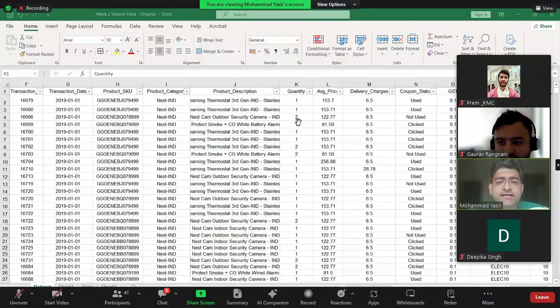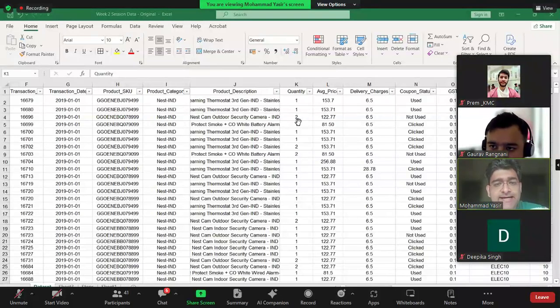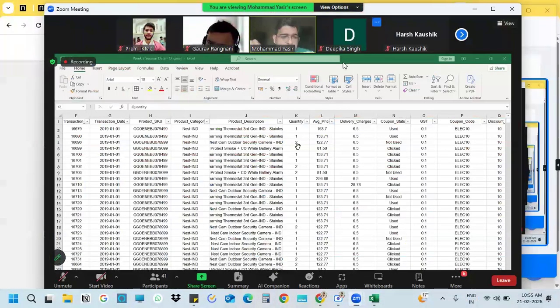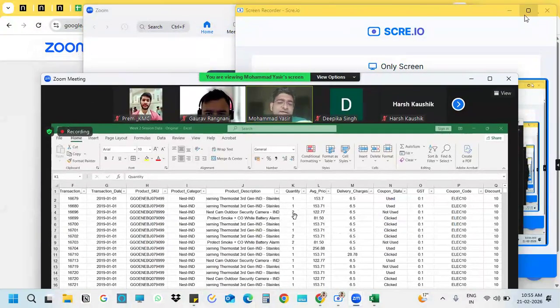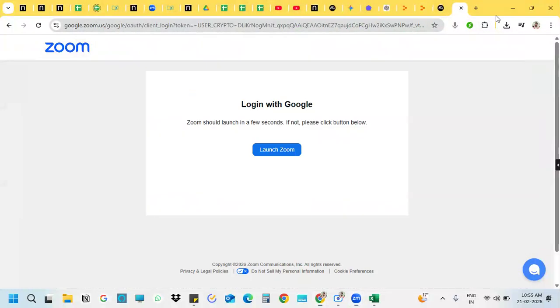Why? Because this is a transactions data set, right? An entry should be created only and only when there is a unit being sold. Correct? It can be a physical unit, it can also be a digital unit. So if someone purchases some insurance or some digital service, the physical quantity can be zero, but the digital quantity will be one. So in that order, there will be at least one unit. Okay. If there is no transaction happening, this data set will not ingest anything.